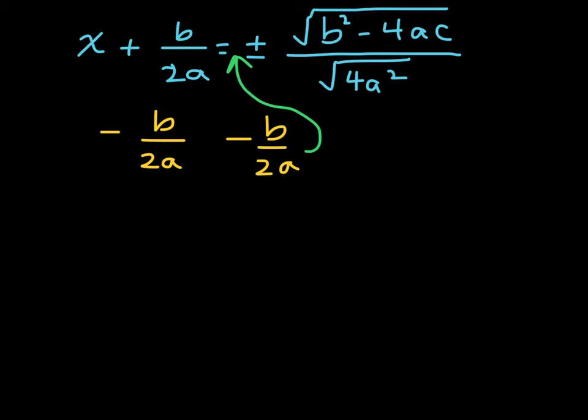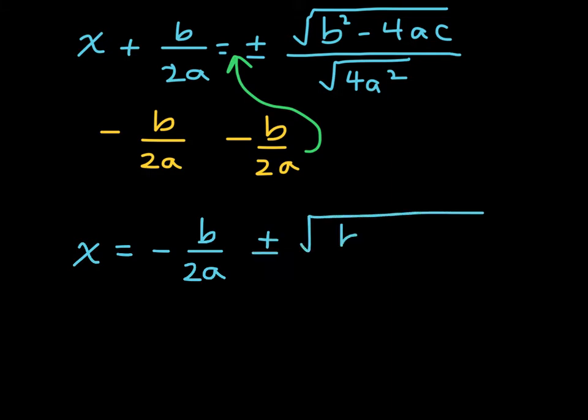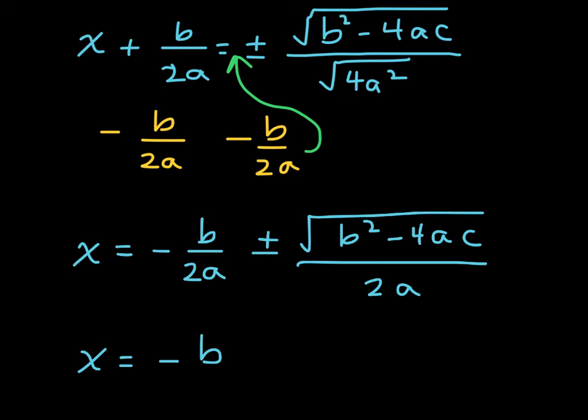The other thing I'm going to do as well is evaluate this square root. The square root of 4a squared is just 2a. So then x is equal to negative b over 2a plus or minus the square root of b squared minus 4ac over 2a. Now, please notice that these two terms have the same denominator, so we can actually add the numerators: negative b plus or minus the square root of b squared minus 4ac, all over